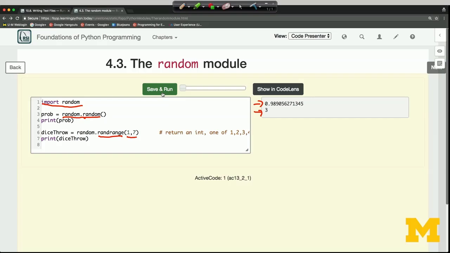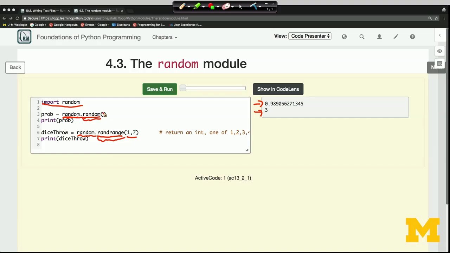There are two possible syntaxes for importing and referring to stuff from modules. The first makes the stuff available, but doesn't give it any special alias. That's what this version that I'm showing in the current code does. On line 1, we make everything from the random module available, but every time we want to refer to it, we have to say random dot. It doesn't give us any alias. So I say random dot, and then the name of the function that's defined within the random module, like randRange